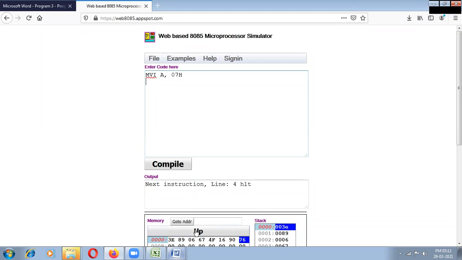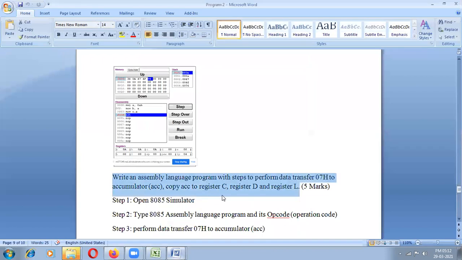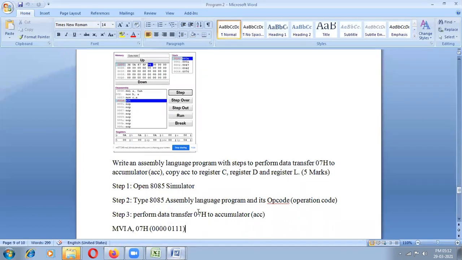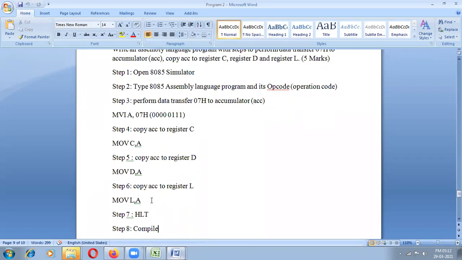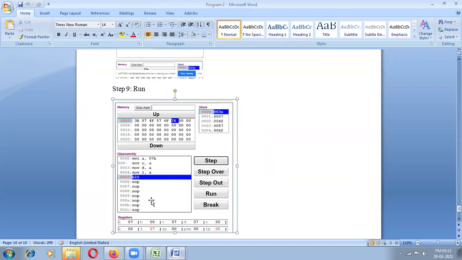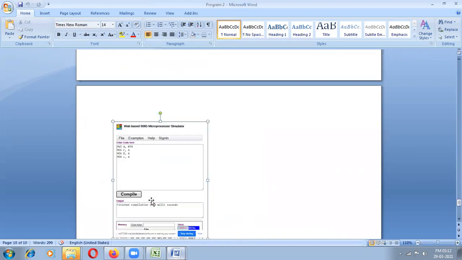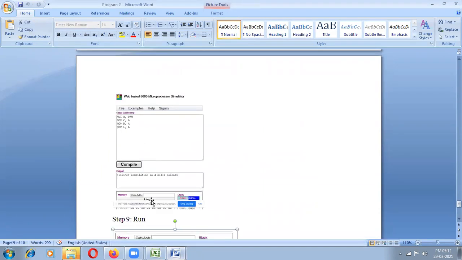First statement. This is the meaning. Here also clearly given. Copy. What is the instruction? Okay. How to compile, run. So how many steps? Totally 9 steps.